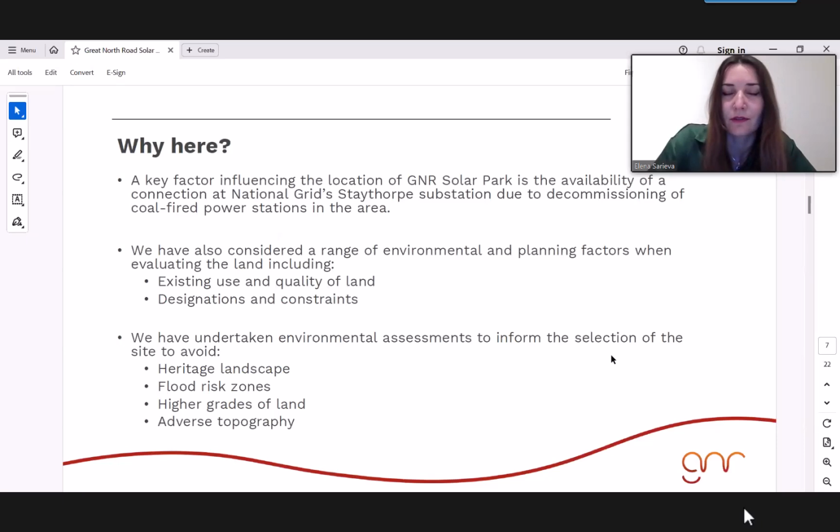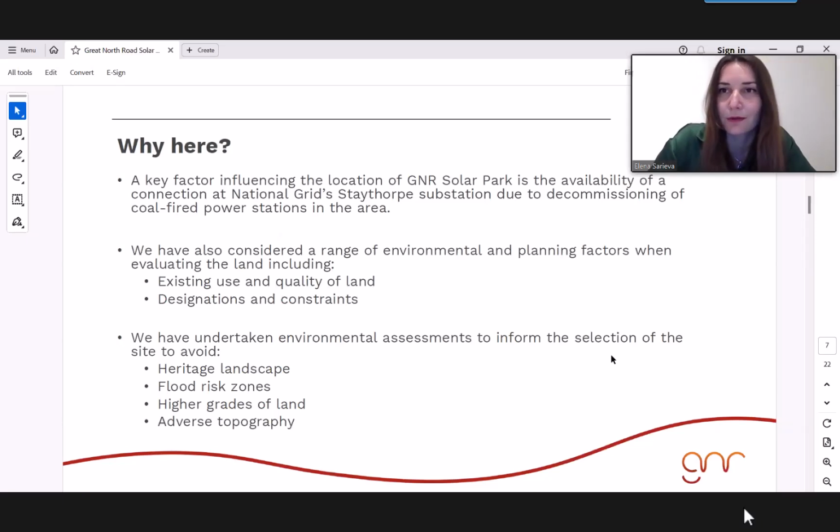As a general rule, we've avoided high-risk flood zones, higher-grade agricultural land, as well as any historic, ecological and landscape designations. So we focused on areas that are suitable for solar in terms of topography and also well screened with existing hedgerows and woodland.